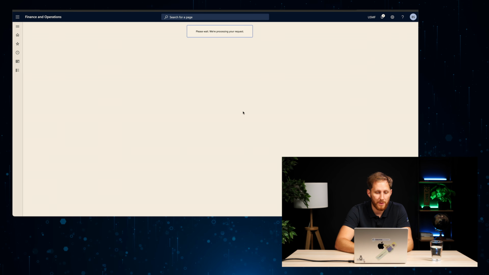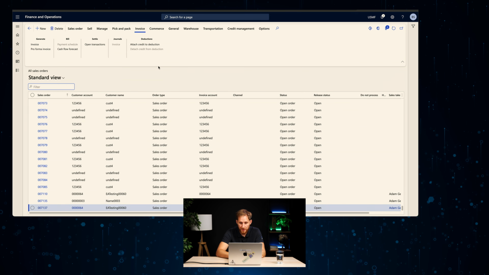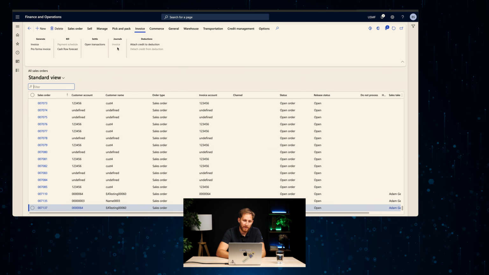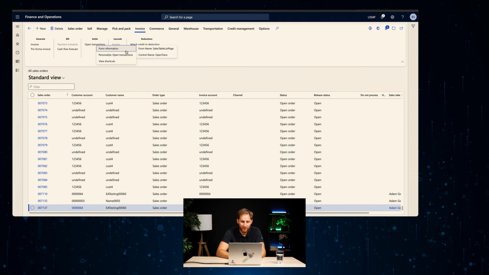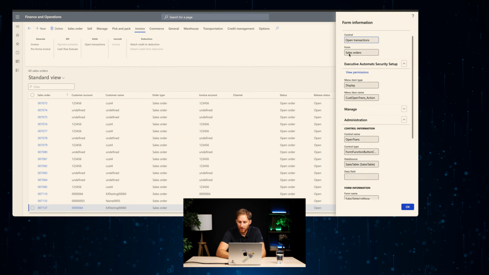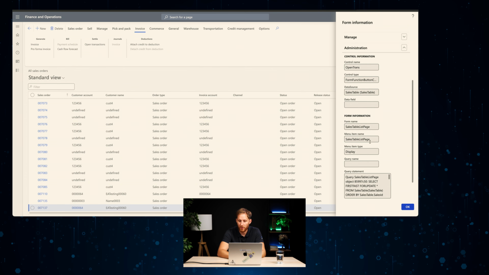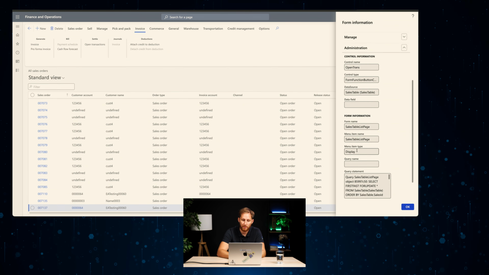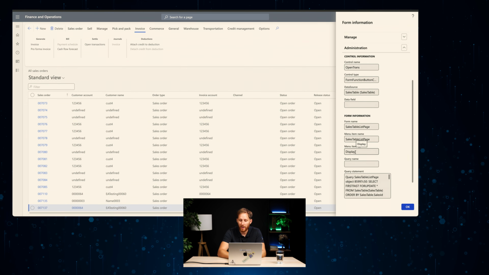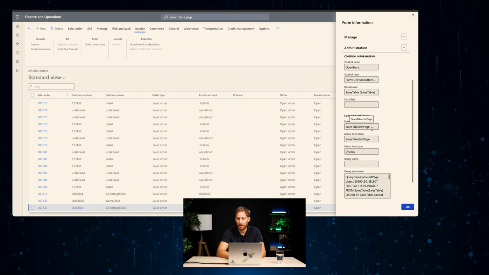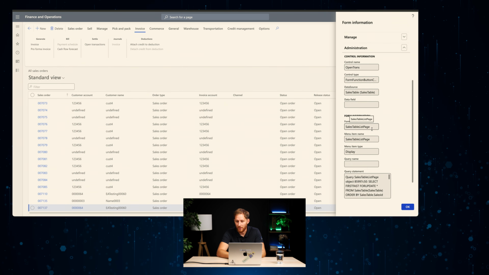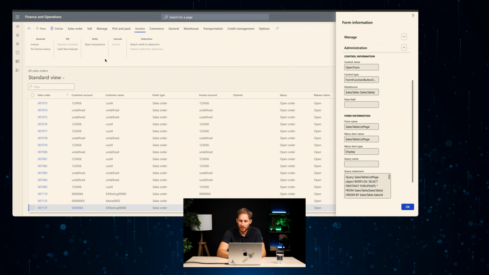I'll navigate towards the security functionality on the sales form, and in all sales orders, whenever we have a situation like I want to identify what is behind the open transactions, right click, form name, and here you might see some information about the objects: sales table, list page, menu item type, display. So it gives me the feeling of what I actually need to have access to in here. Unfortunately, it is not so accurate, so standard might mislead you here because the option that we selected is actually an open